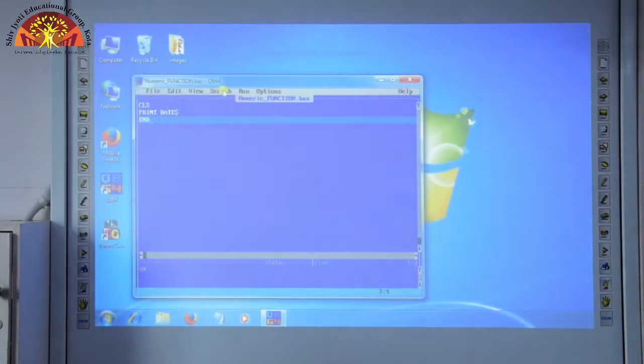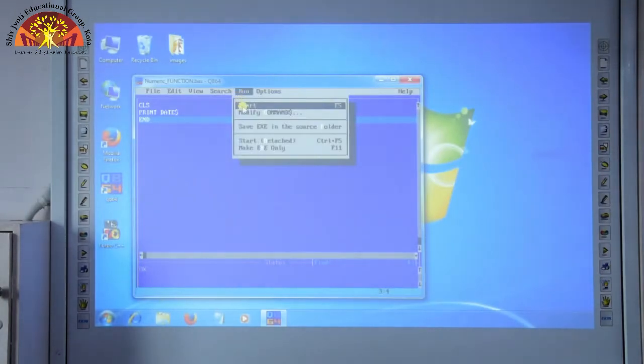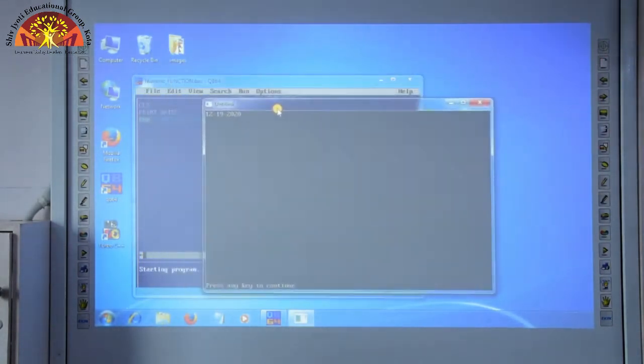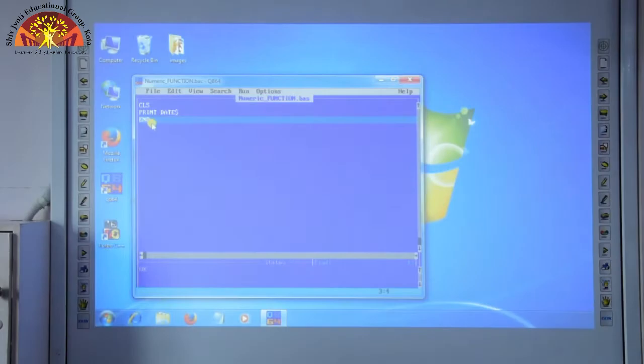Now we will save this program and execute this program, and here on the output screen you can see today's date, because date function always returns today's date in the format MMDDYY. So first 12 is your month, which is December, 19 is today's date, and 2020 is your current year. Okay. Now we will close this output screen and erase this program.